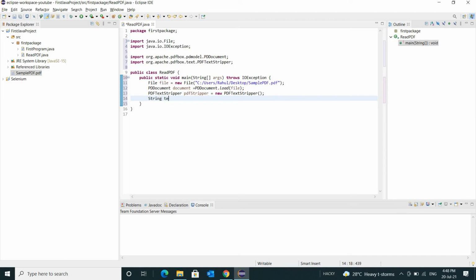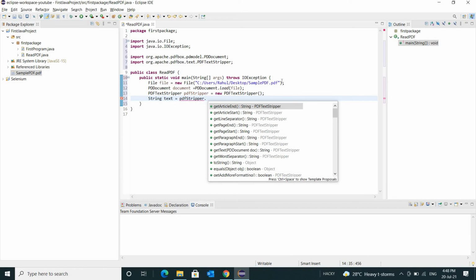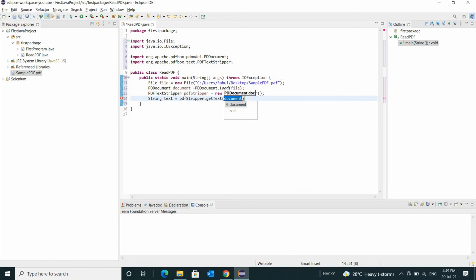Then we will create one string in which we will store all the data of that PDF file.